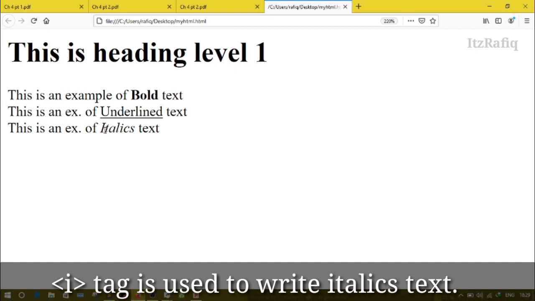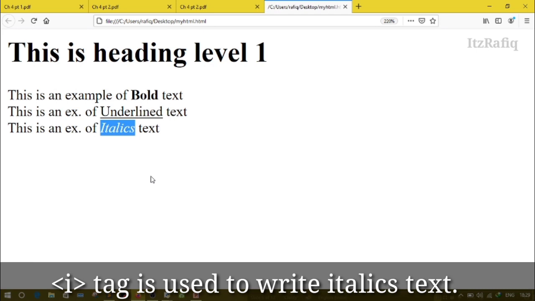Here you will see the italics word is displayed in italics form because I have written the I tag around the text. Whatever you write within the I tag will display in italics form, and the I tag is a container tag.